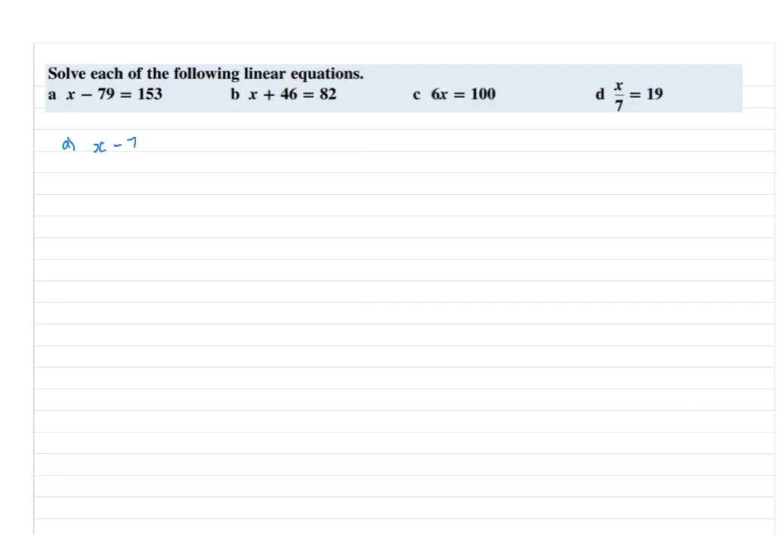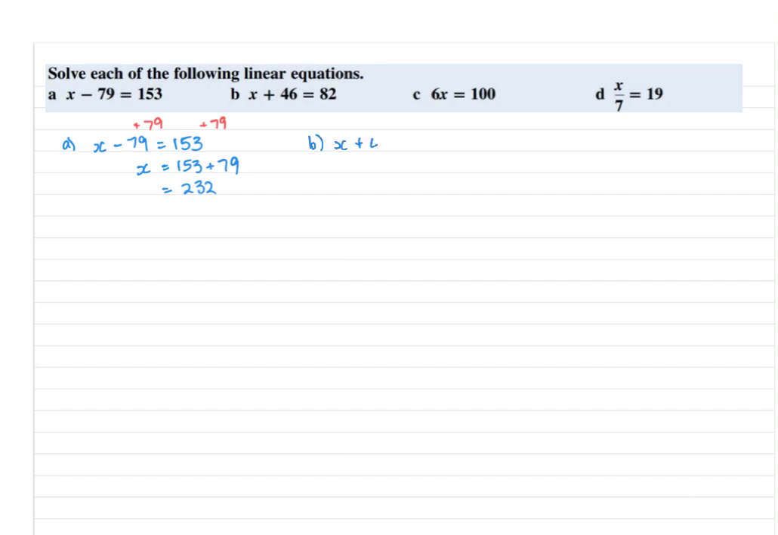x minus 79 is equal to 153. The opposite operation of subtraction is addition, so we add 79 on both sides, which leaves me with x is equal to 153 plus 79, which is 232. B,